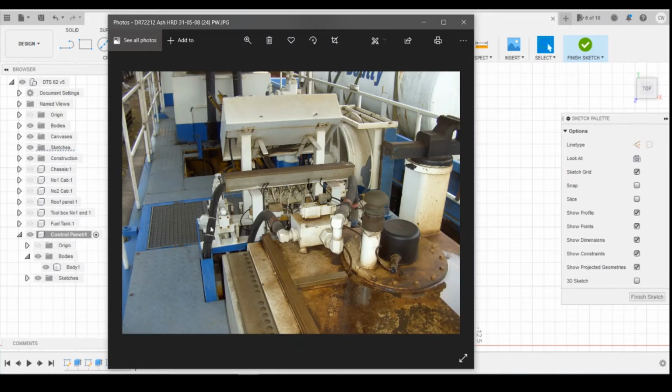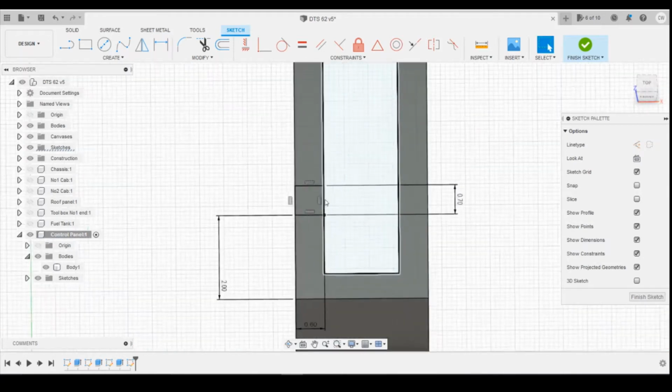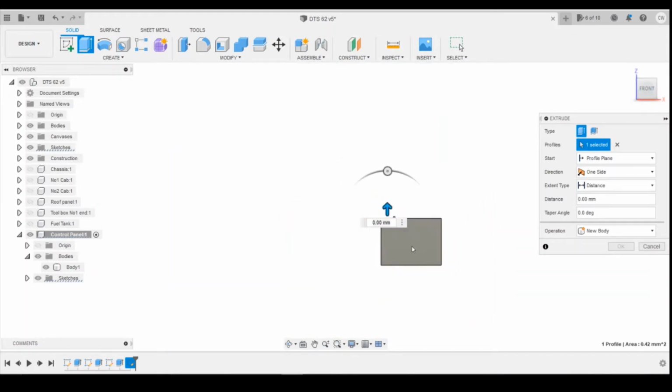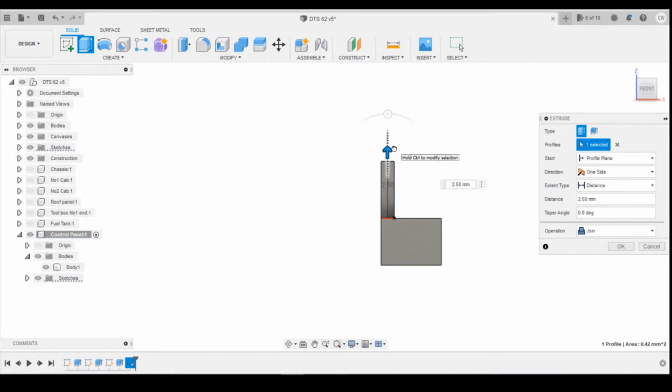Okay, so how far in do we think that is? A foot maybe? So from there to there, give it a foot. And if we extrude this upwards. Okay, height wise, looking at the photos here, the only height that's constrained is 43 inches from the top corner of the panel to the bottom. So at the moment, I'm just going to drag this up,